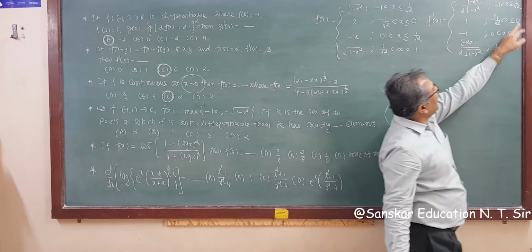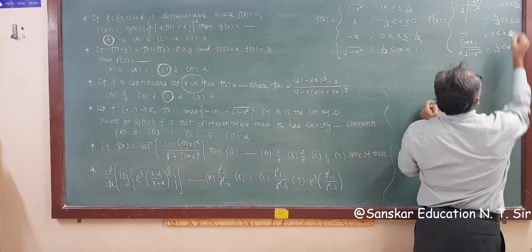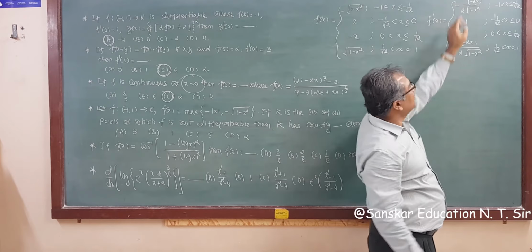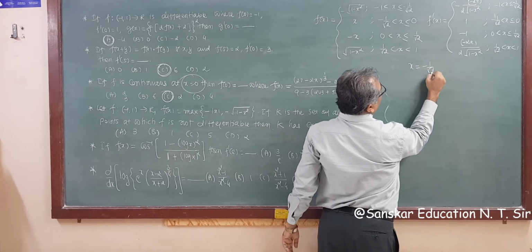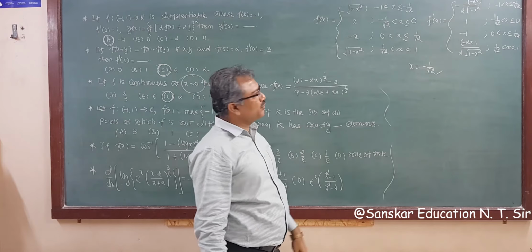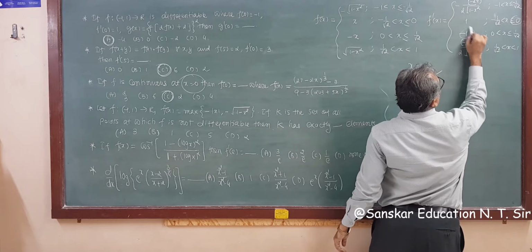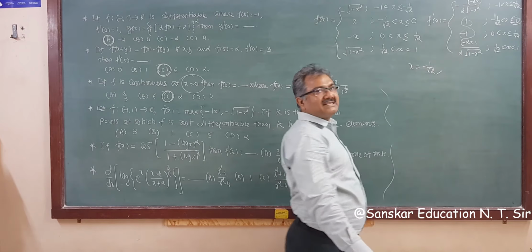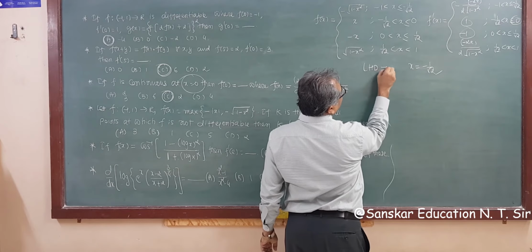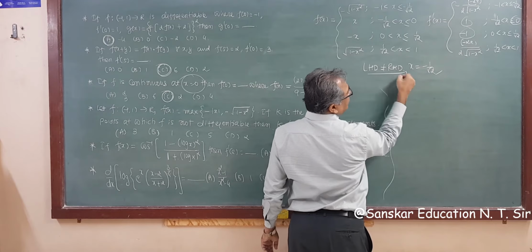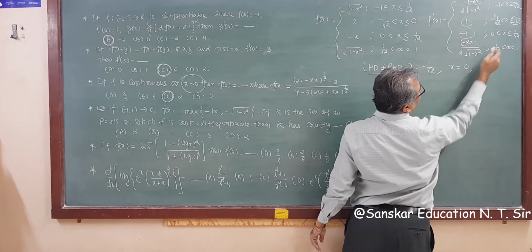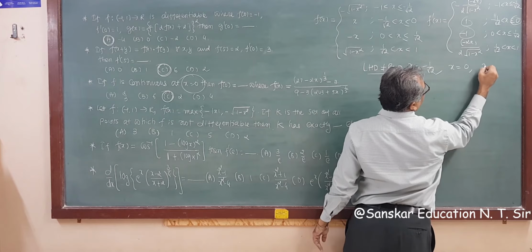Now see, at x is equal to minus 1 upon root 2, the left hand side derivative is this, the right hand side derivative is this, so both are not the same, right? So at x is equal to minus 1 upon root 2, the function is not differentiable, that is one value of k. See here again, at 0, from the left hand side 1 and the right hand side minus 1, so the left hand side derivative is not equal to the right hand side derivative at x is equal to minus 1 upon root 2 as well as x equal to 0 as well as x is equal to 1 upon root 2.